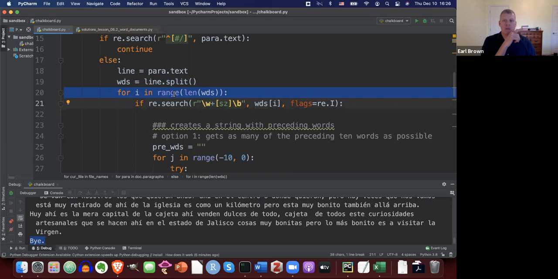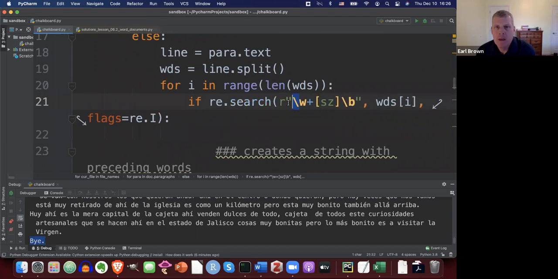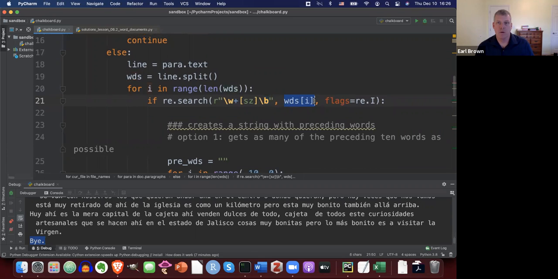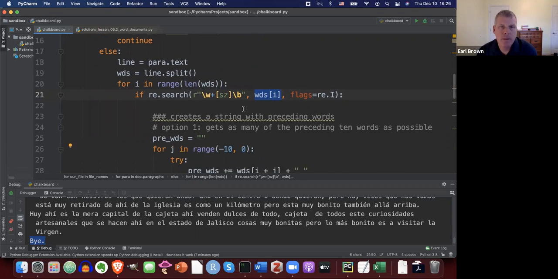So we're going to go, the first word has an index of 0. The second one has an index of 1. The third word has an index of 2, etc., in the current paragraph. And we're going to say, okay, if you find, here's a regex. Let me zoom in again. If you find an alphanumeric character one or more times, and then you find either S or Z within character classes, square brackets, and then you find a word boundary, \b is word boundary in regex, right? If you find that to be the case, then with the current word, so we're indexing to the current word, if you find that to be the case, then